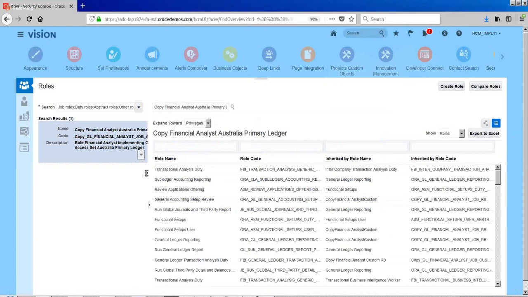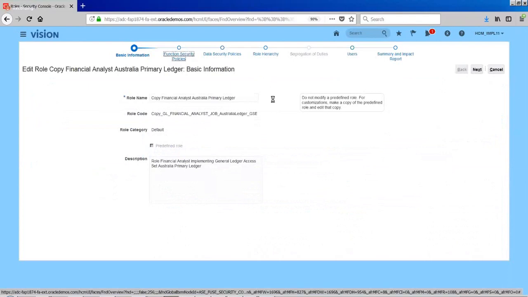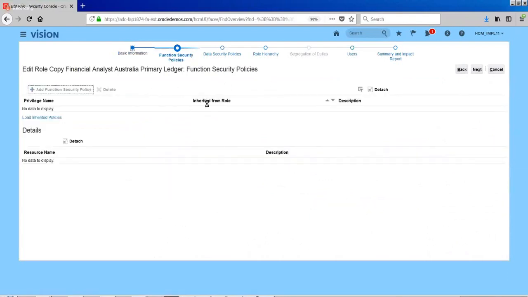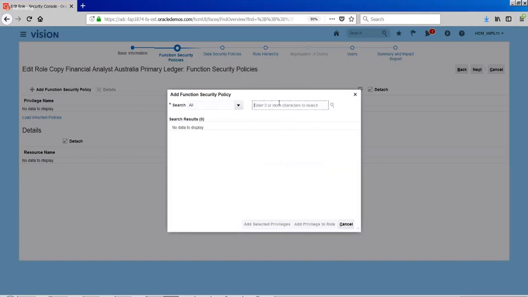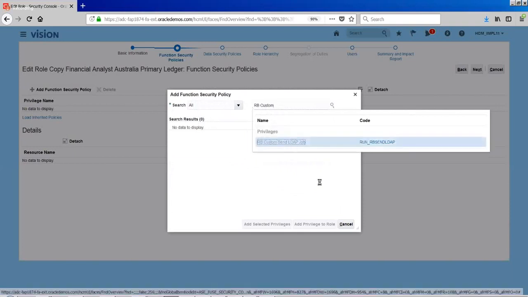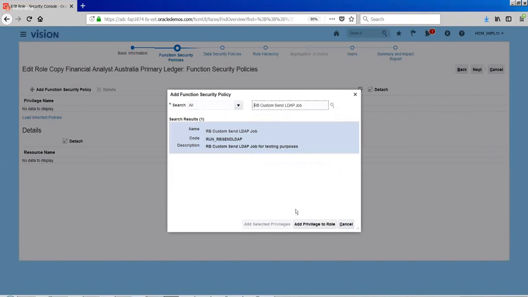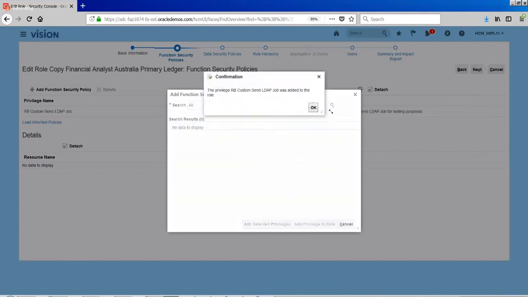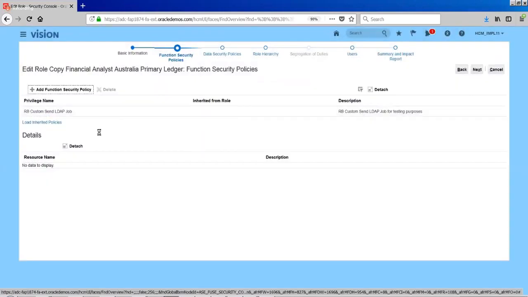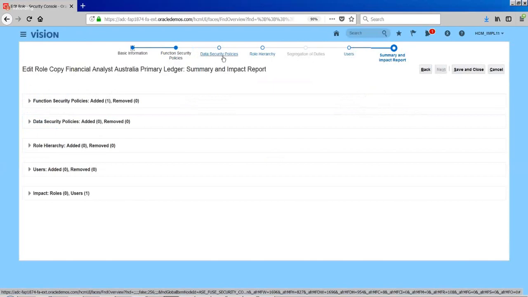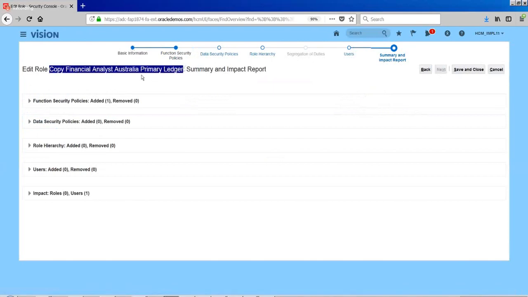I'll go and edit the role, enable function security policies, and here I can add that function security privilege. Yes, it got added. Now you can go to summary and impact and submit it. It means any user who has this role assigned can access this job and submit the job.